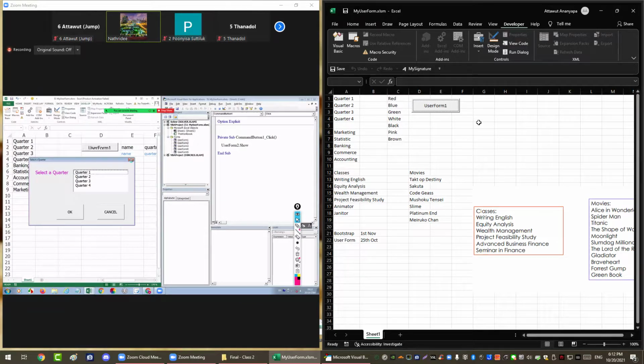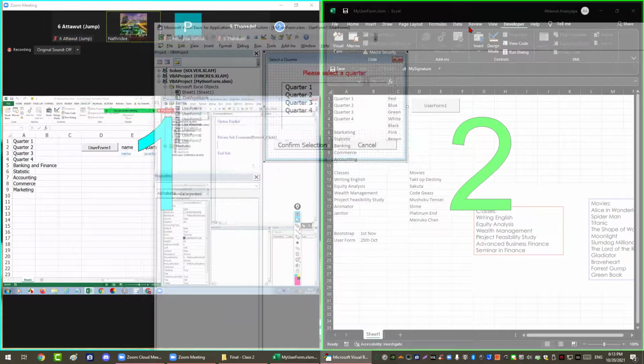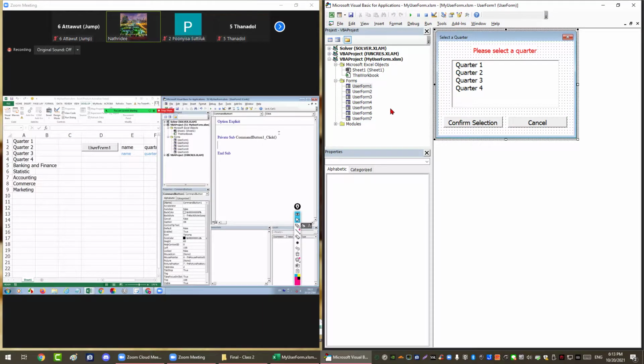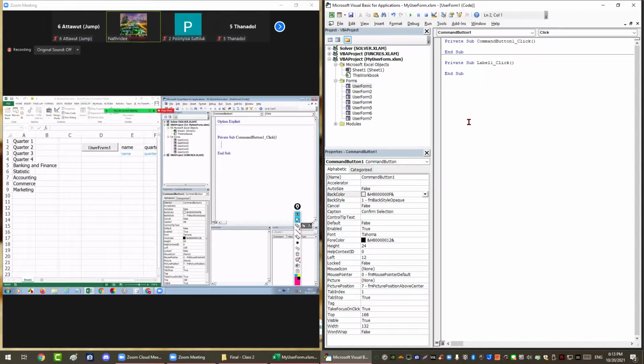Now what we need to do is handle when people press OK. So now we're going to code the OK button here. Everyone, please double click the OK button. Again, it comes to command button 1, but it's in the user form. What we want here is that at range E2,